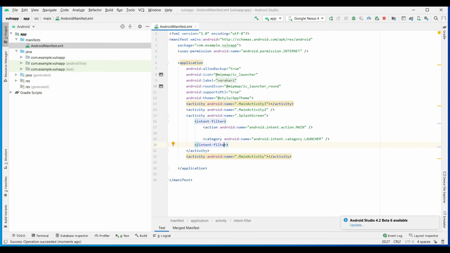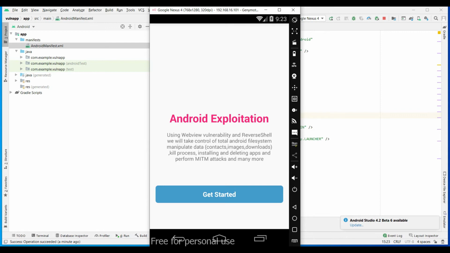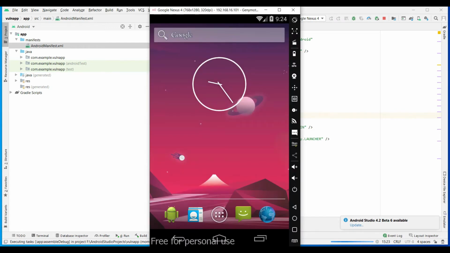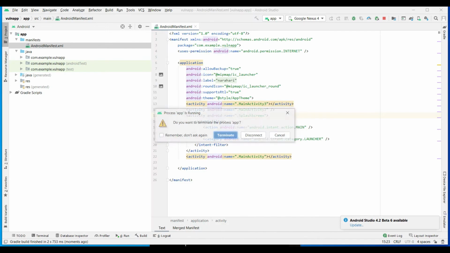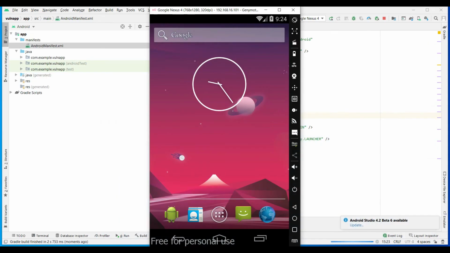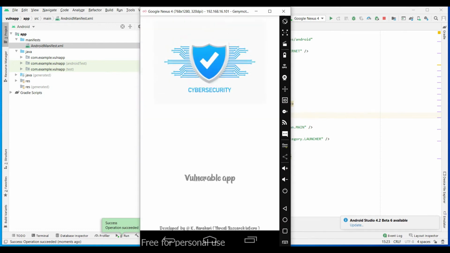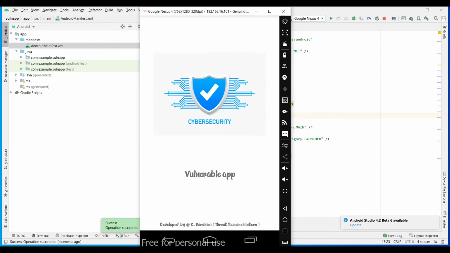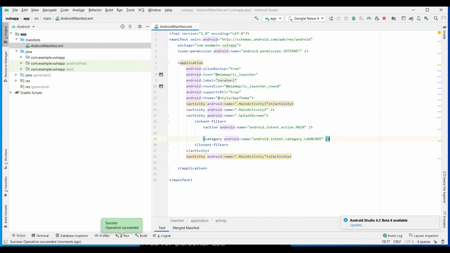Even though it has another three activities, that depends on the user, or whoever is using it. So let's see, now we have launched the application. Now when the application is launched, you can see the splash screen. After the splash screen, you get into the actual application. Here also we have declared the same thing. When our application is launched, the splash screen is opening.